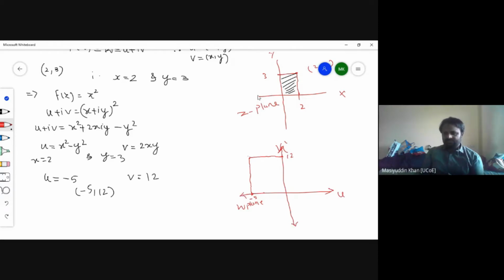Now see the image of z plane and w plane. Z plane is having the image in the first quadrant and w plane is having the image in the second quadrant. So according to this, we can say that this is known as a mapping concept, meaning we have to map the z plane into the w plane. The structure of the z plane has been mapped, meaning converted, into the w plane by using some functions.